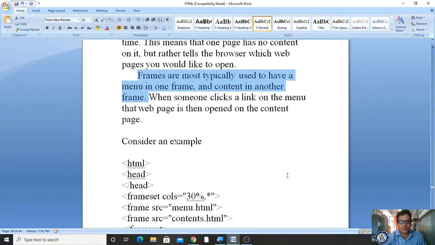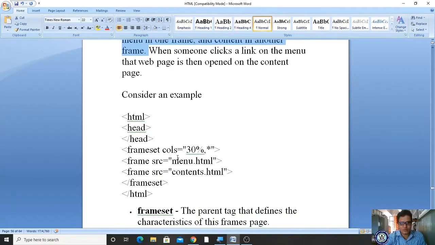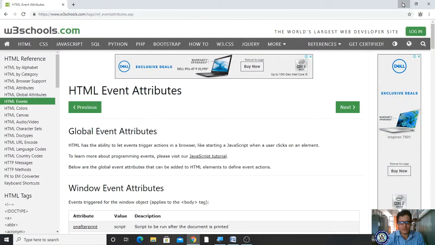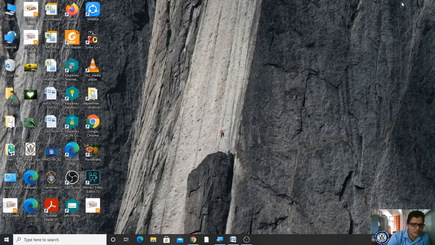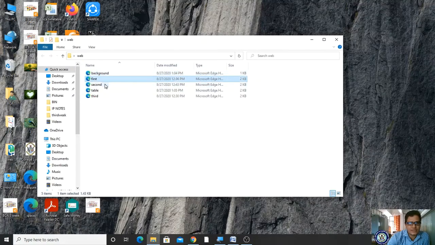Let me take this example. For this we have to create two HTML files. Let me check my browser. I do not have any content there. Here the web folder is there. I have a background page, this is one web page.